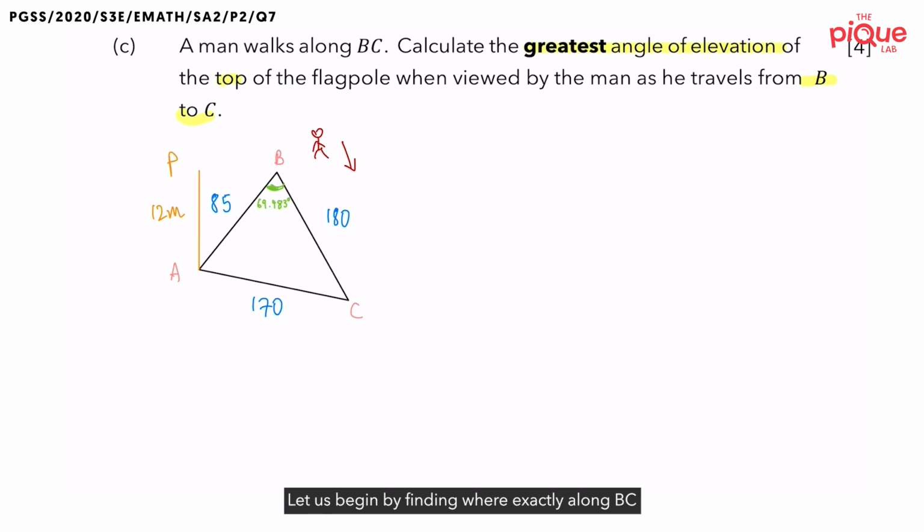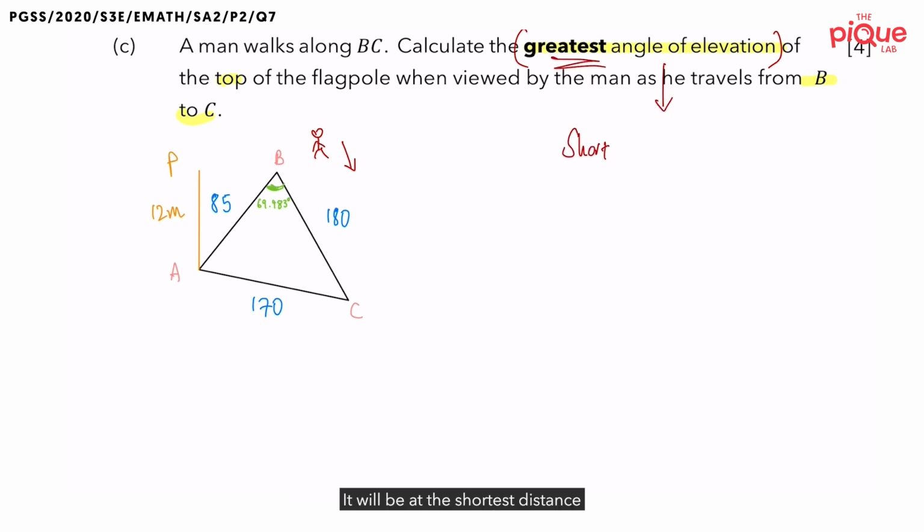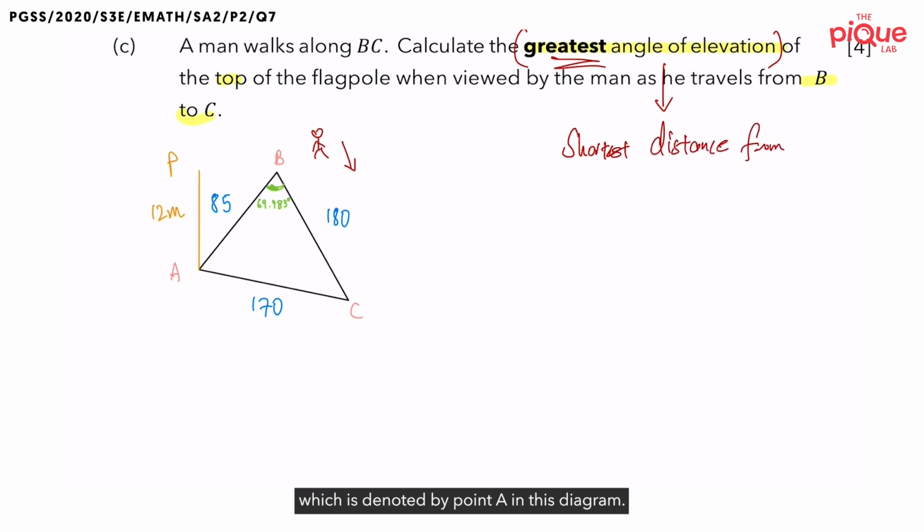Let us begin by finding where exactly along BC we will get the greatest angle of elevation. It will be at the shortest distance from the base of the flagpole, which is denoted by point A in this diagram. So where exactly is that point? It will be a perpendicular distance from point A all the way to line BC. And it's at this point, which we will label as point M, where the greatest angle of elevation will be